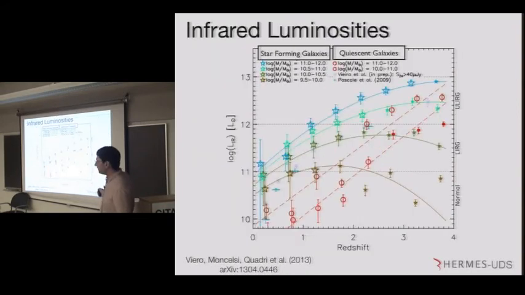And then if I do the integral of the dust SED, I can estimate the infrared luminosity. And if I plot that as a function of mass, color, and redshift, I notice that the luminosity is increasing with mass to higher redshift. We have to take this with a grain of salt because of incompleteness. But it seems like we have this turnover taking place for lower mass stuff. So having deeper data is going to help us solve this problem.